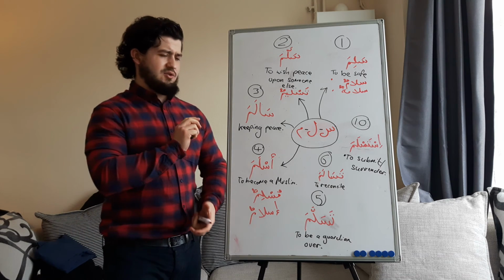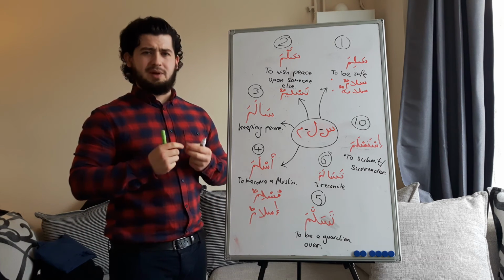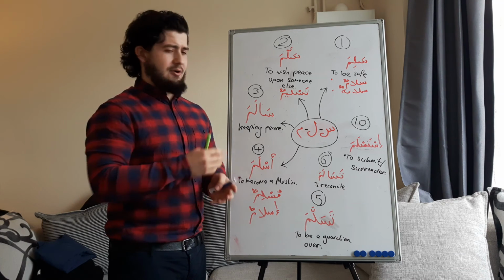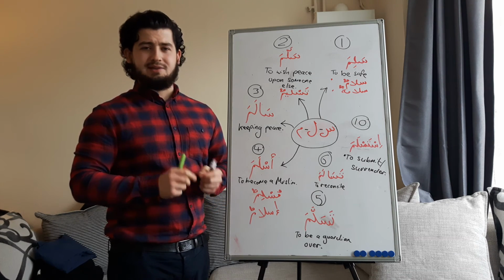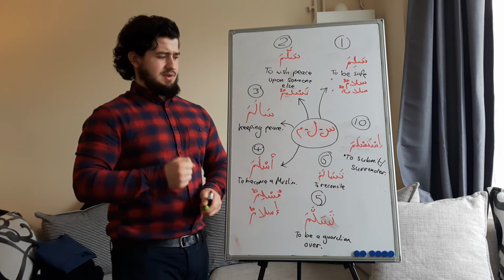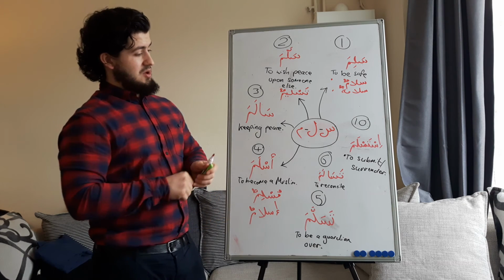So hopefully that's given you a bit of an idea of how it's actually a little bit more complicated than that. Islam means peace. As usual, when we're talking about Arabic words, it's usually a lot more complicated than a direct translation, that Islam means surrender, or Islam means peace. So hopefully that's a pretty concise way of looking at it.